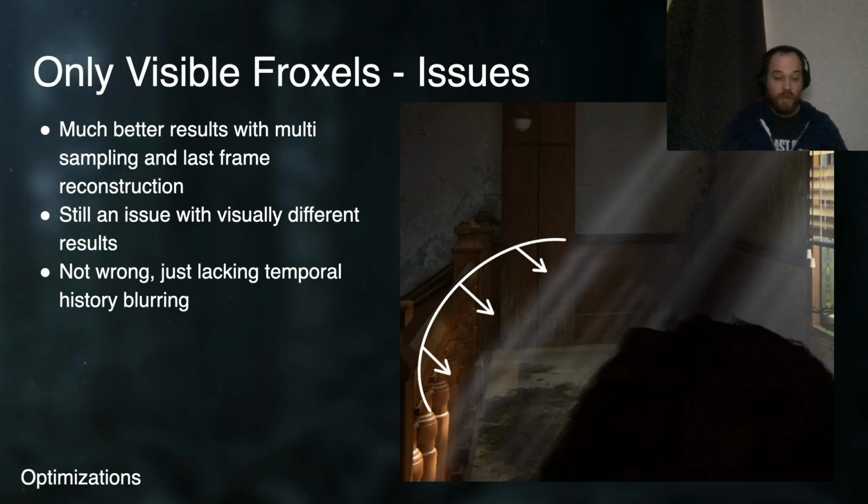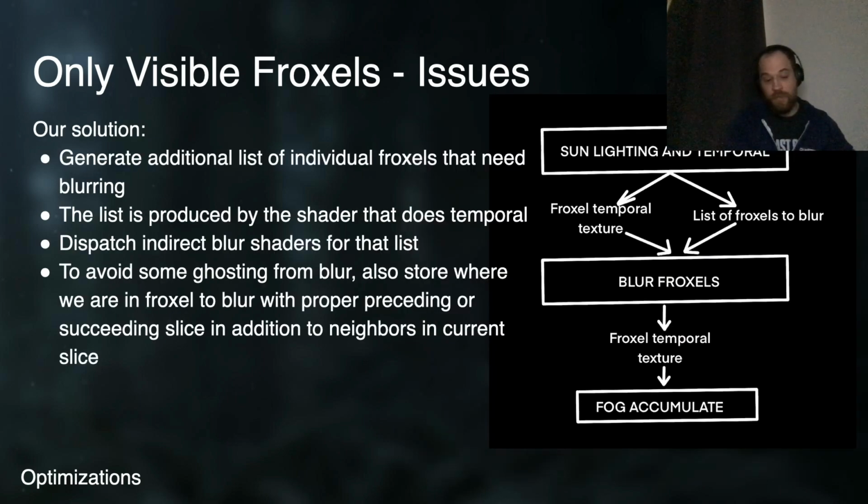It doesn't look like some values that were hit with temporal yet. So what do we do? The different information is not wrong. It's just not blurry enough. So our solution is whenever we are doing this, we say, oh, the blend is 1.0, so we're going to do the multi-sampling part. We also generate a list of Froxels to be blurred, right? It's a list of expensive Froxels that are going to be